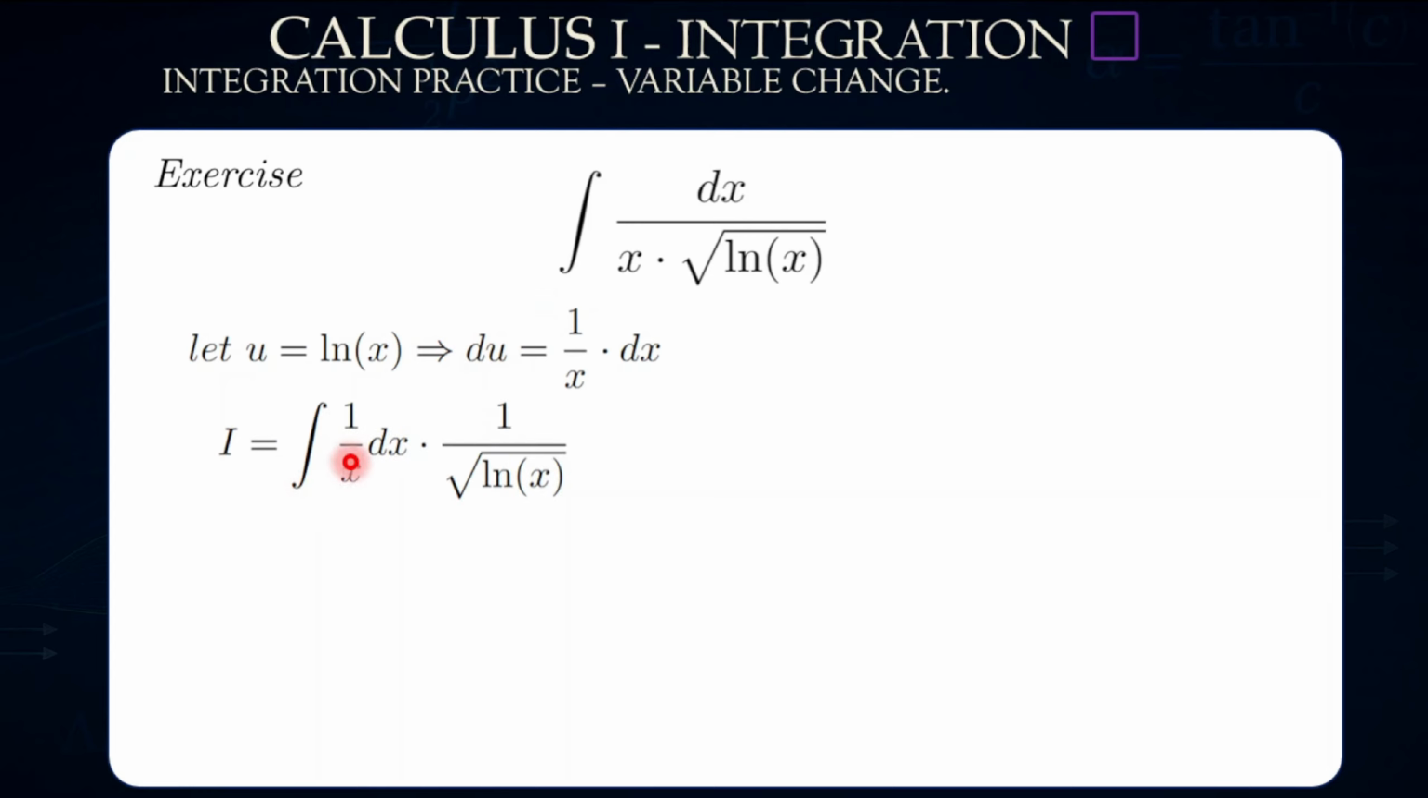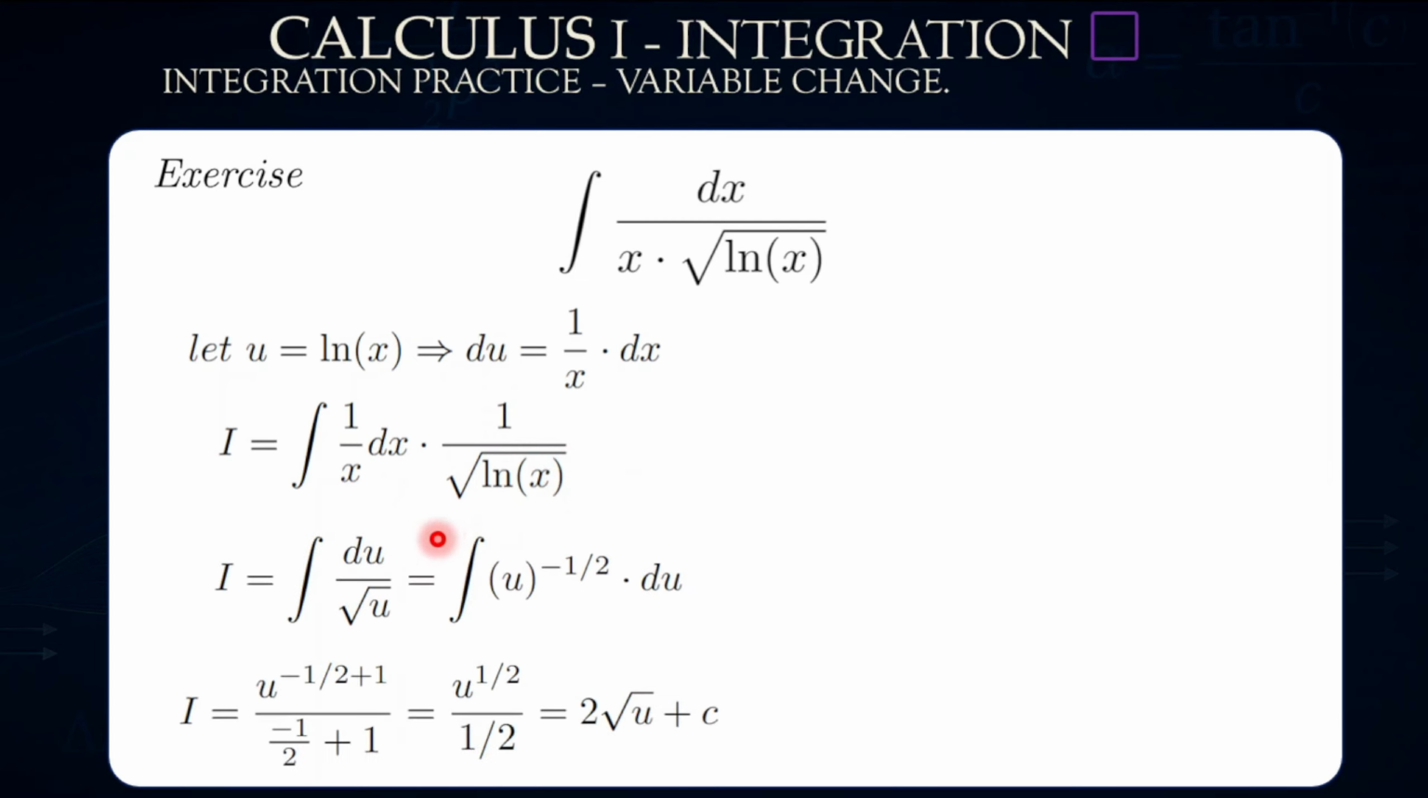So I equal, and we broke it down to make it more simple and more visible, I equal integral of 1 over x dx, which is du, multiplied by 1 divided by the square root of ln x, or square root of u. So I equal integral of du divided by square root of u, and the square root of u is also written as u to the power of 1/2. You move it to the numerator, you flip the sign. It becomes u to the power of minus 1/2